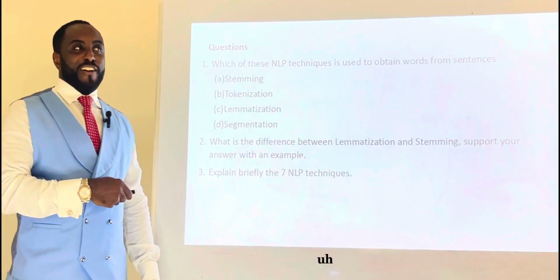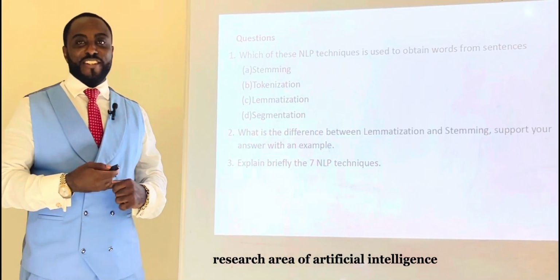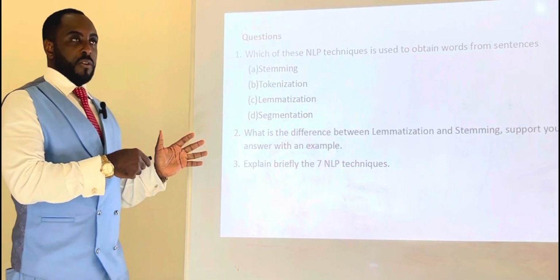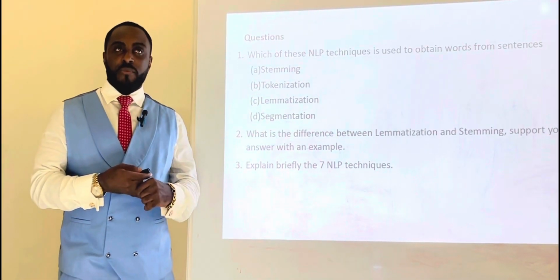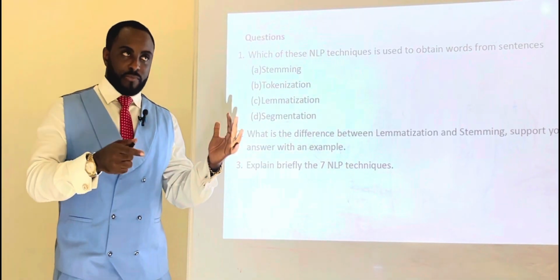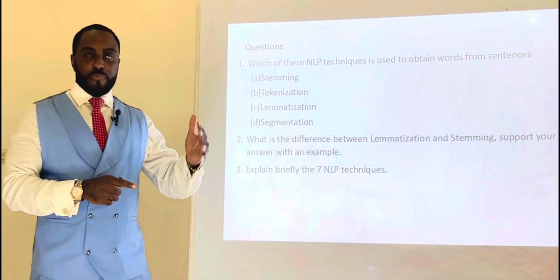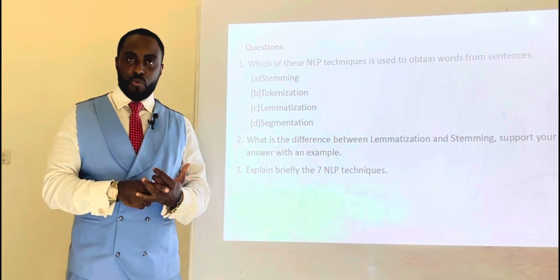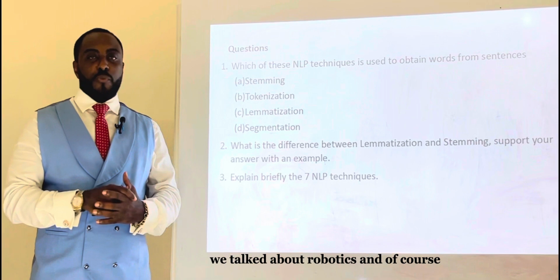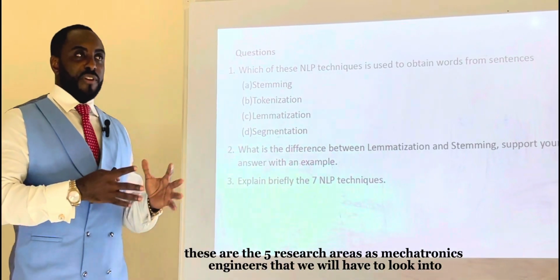This will be the end of today's class, where we've been able to talk about the 5 research areas of artificial intelligence, the natural language processing, which we've talked extensively on. Going forward, we'll use a Python program, of course, to know how this algorithm is written. We talked about machine learning, which we'll go deeper into in our next class as well. We'll talk about expert systems, robotics, and of course, computer vision. So these are the 5 research areas, as mechatronics engineers, that we will have to look into